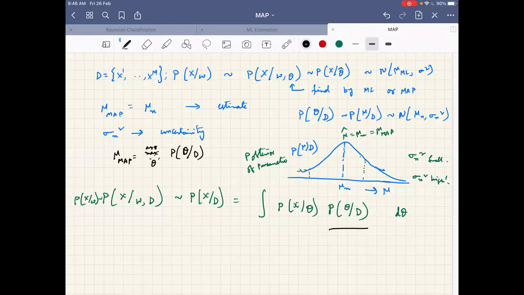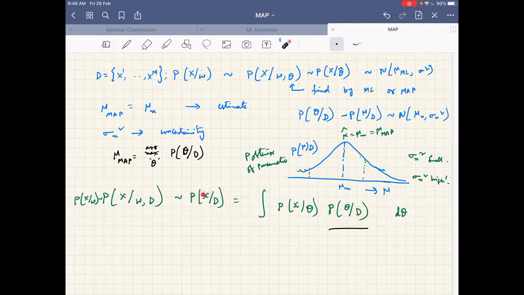So this is what we were doing before. Now, instead of picking only the maximum one, if I want to use all the other possibilities as well, other possibilities will be weighted by their respective probabilities. The importance nevertheless will be given more for the best possible mu, because this will have a higher value at this location. The probability is higher at this mu n or mu MAP position, but other mu's are also possible, with lesser probabilities.